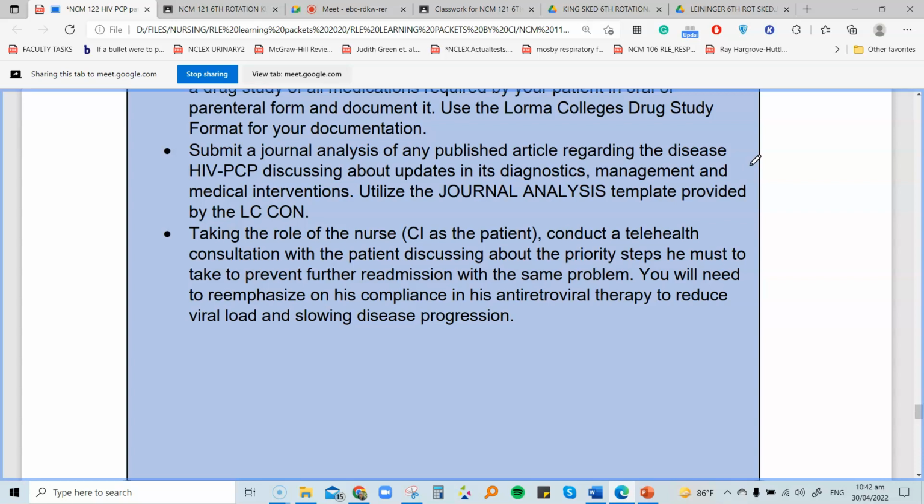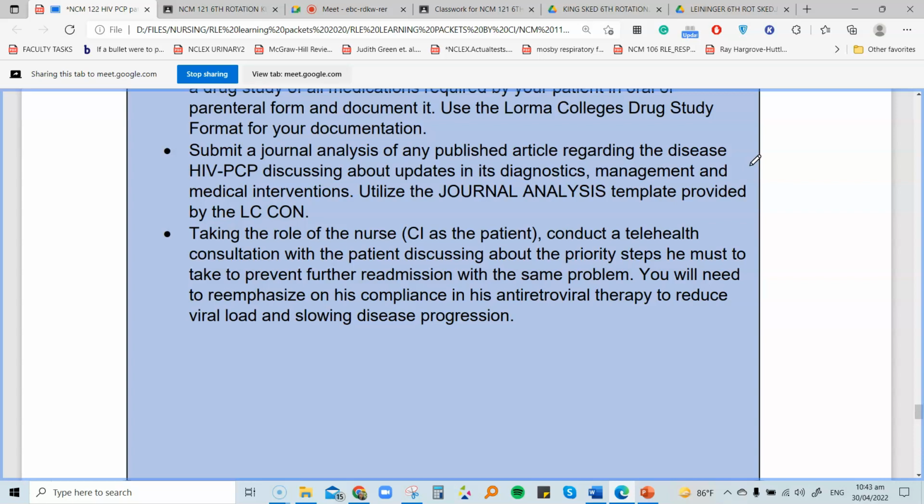Okay? And then last but not the least, we're going to do one-on-one telehealth consultation, discussing. I will be acting as your patient, Mr. MK, and you need to, as a nurse, kasi itong uso ngayon because of the pandemic, telehealth consultation is a very important avenue to provide education, health education to our clients. So what we're going to do, telehealth, para sa priority steps on what he must do to prevent further readmission